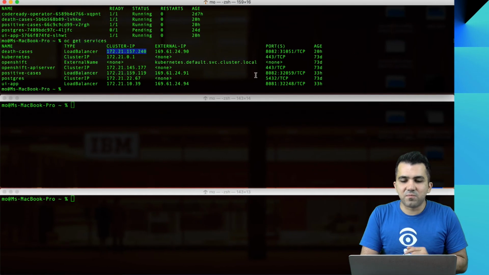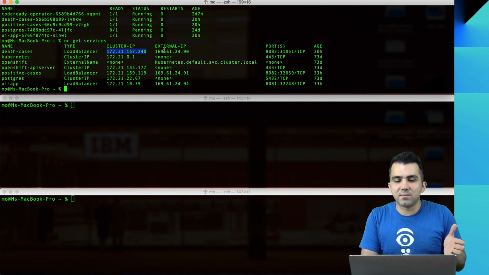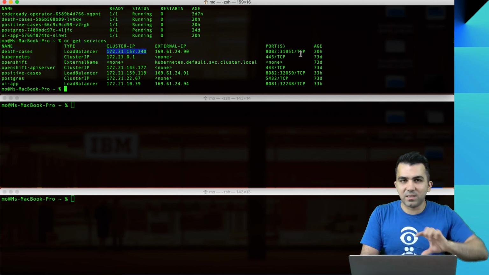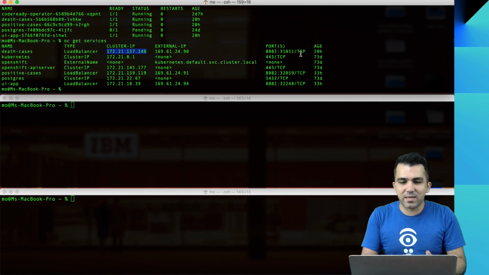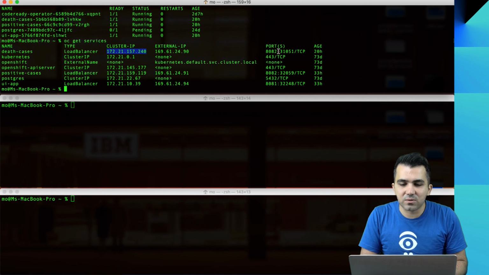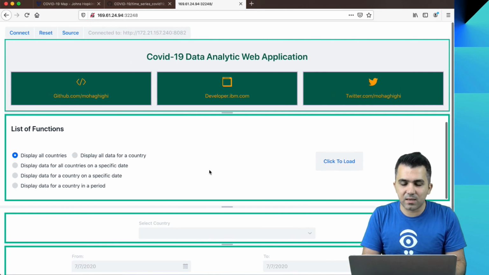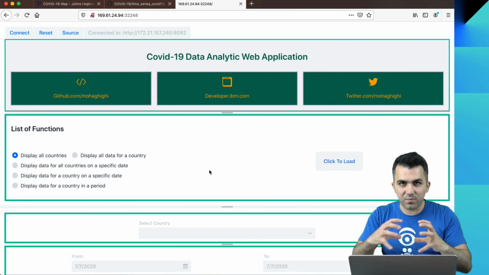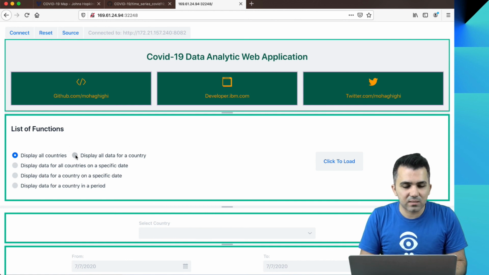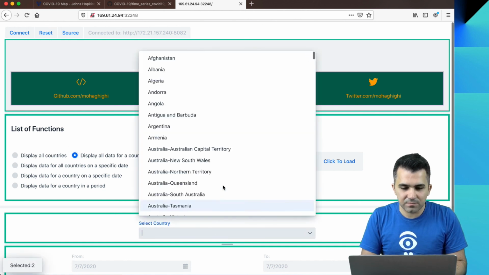I made a mistake. I was basically trying to access my pod with the port number that was publicly available outside the cluster. I can just go ahead and use the port number for the container that is exposed outside the pod. So it's 8082. That's the way I had deployed my application. So you basically get the same service, but now within the cluster. Let's take a look at Brazil again.